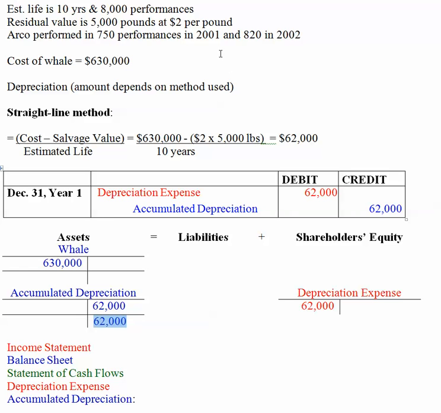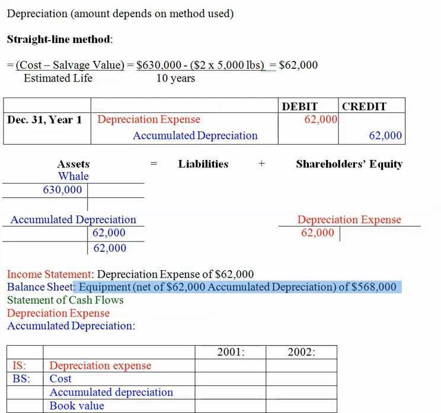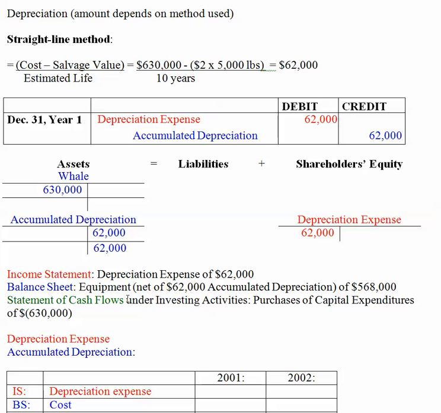630,000 minus the 62,000. So what will be on the financials: on the income statement, you're going to have the depreciation expense along with the revenues that we don't have recorded here but would be there. And on the balance sheet you're going to show what's called the net book value of the equipment. Well, not the equipment, this is going to be the whale, and it's going to be the $568,000. The statement of cash flows is going to show, under investing activity, remember, cash flows from investing activities is cash paid to buy long-term assets, which are actually called capital expenditures, and the amount was